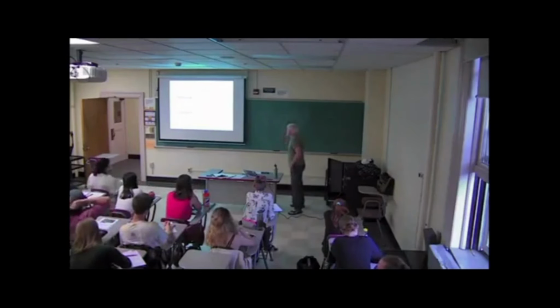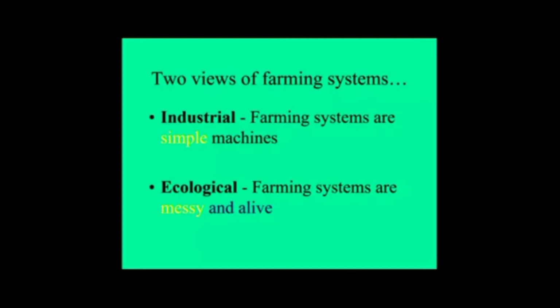on our experiences. So I shared with you last week 2 views of farming systems. I have a preference for one, but they both represent mental models. Industrial farms, I believe, are modeled after simple machines, simple inputs and outputs. The seeds go in, the sun goes in, and the corn comes out. Ecological farming, or sustainable farming, or permaculture in some cases, are messy and alive, and we participate with them. These are 2 worldviews that represent 2 different mental models, or models of the world that we create in our